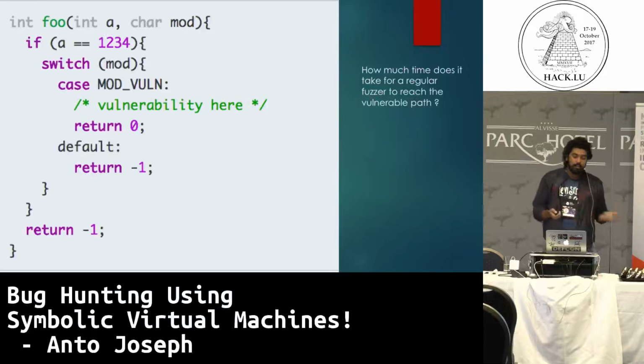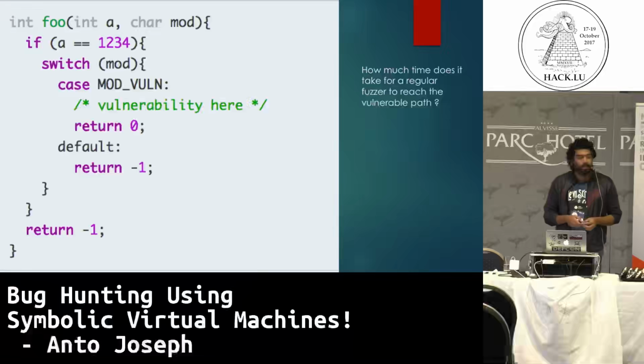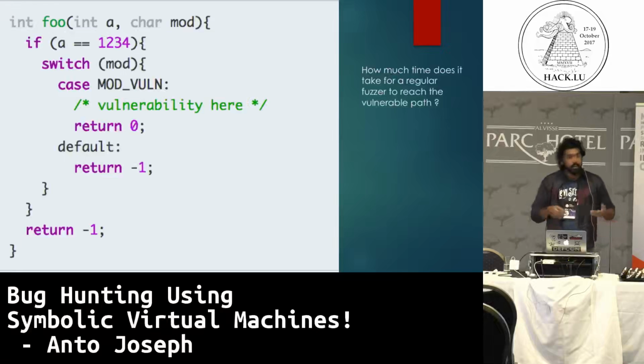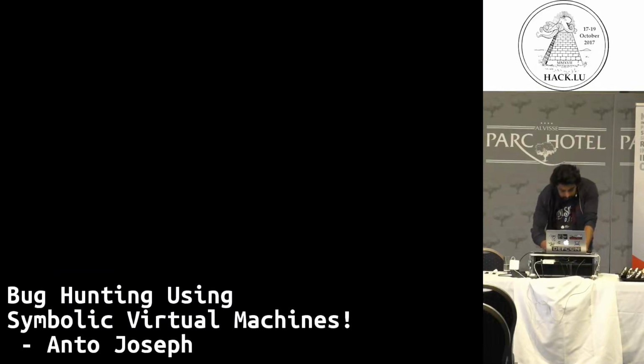Because it tries to represent this program as a mathematical equation. So A would become a variable, and it's a static assignment here. So it will directly be A equal to 1, 2, 3, 4, and it will try to fill in other characters so that it can reach the vulnerable code point. I'll have a demo of it later. Let me actually do the demo right now.